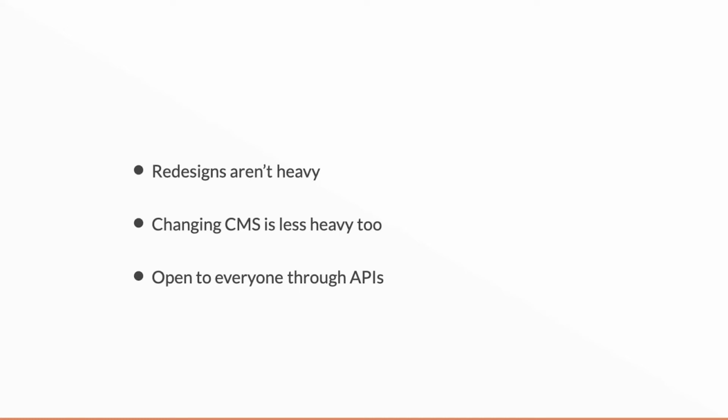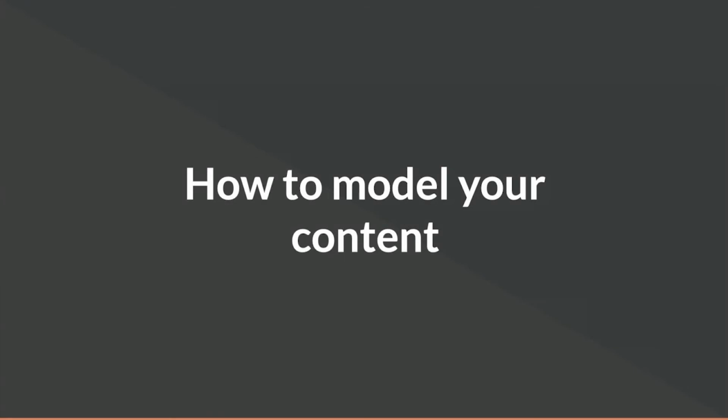I want to spend the last part of the talk getting us going on how to do it. So how we model content, and this will be just an overview. There's lots more detail to dig into, but I want to mention three things. So the first is mapping the subject domain. The second is creating your content model. And then the third one is building it into the system. So mapping the subject domain, creating the content model, and then building it into the system.